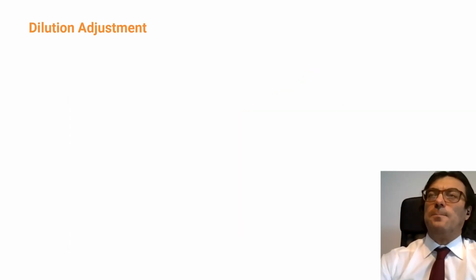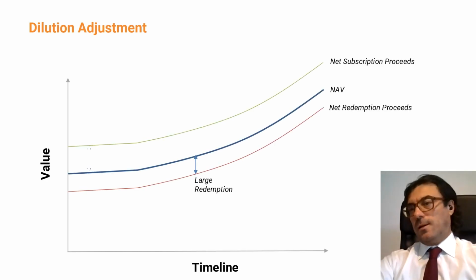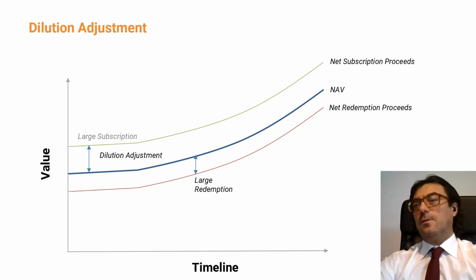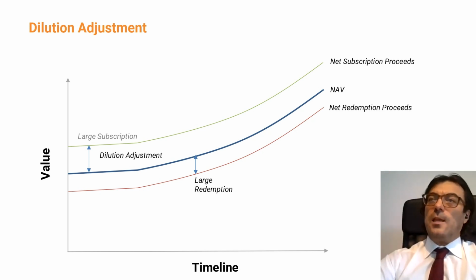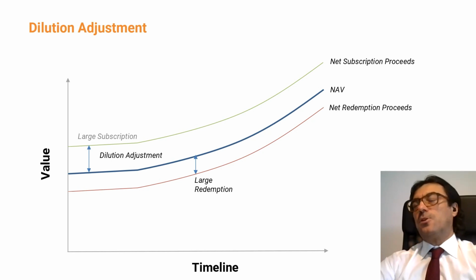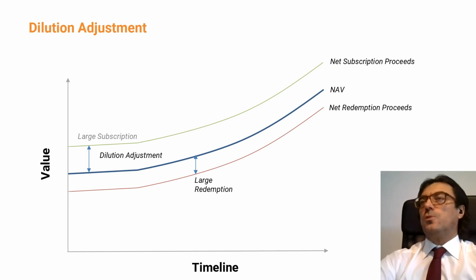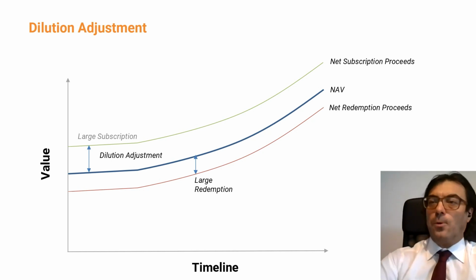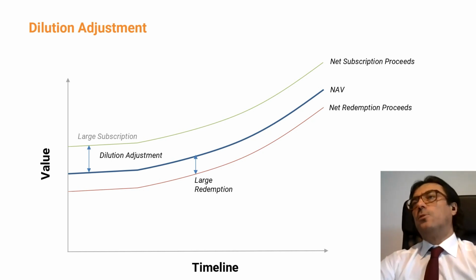Finally, the third methodology which has been used, this is a little bit rarer, is the one of dilution adjustments. Here, what happens is that the fund will accept redemptions and subscriptions at the NAV. However, if there is a large subscription, for that subscription, the fund will introduce a dilution adjustment and swing the price. So all the investors will continue to see the NAV as their reporting unit price, but for the new investor,